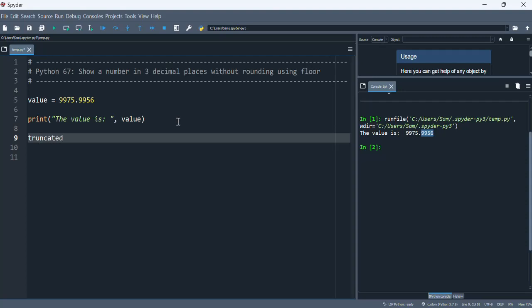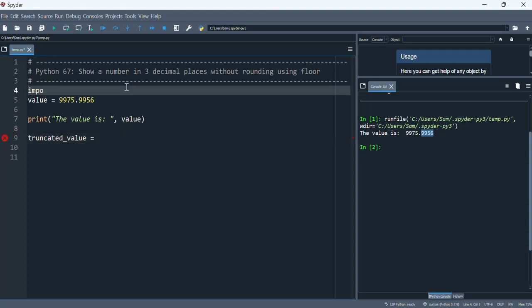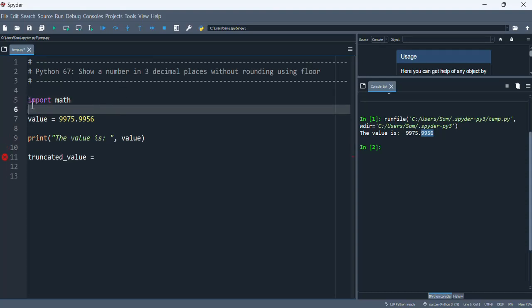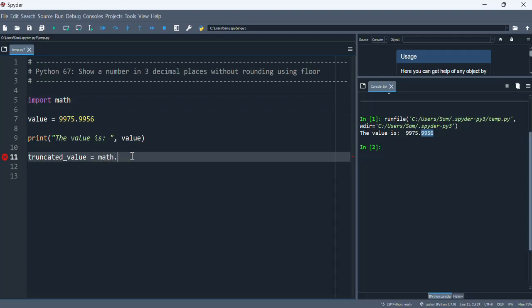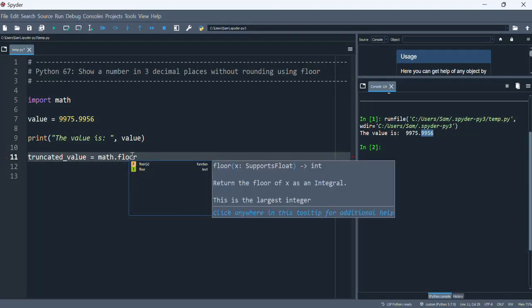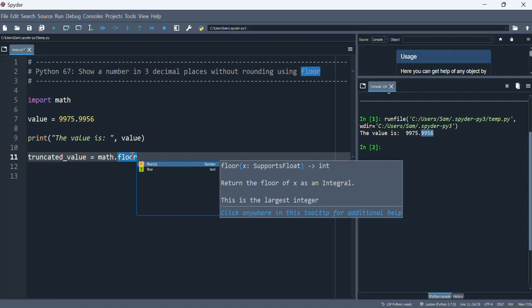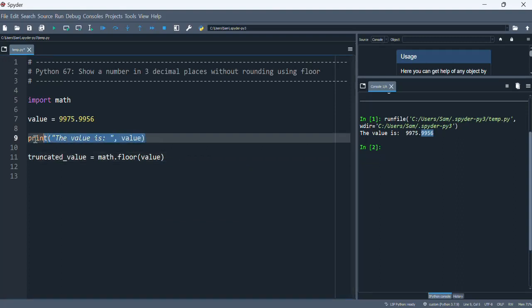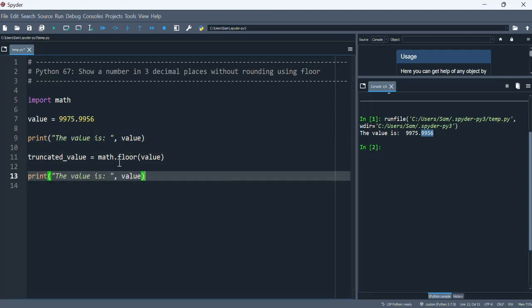So truncated value. We want to use the floor method. So the floor method is actually inside the math module. So we need to import the module and then we can access it through math.floor. And let's just say I'll give it that value. Let's see what we get. And let's print it out. The truncated value is